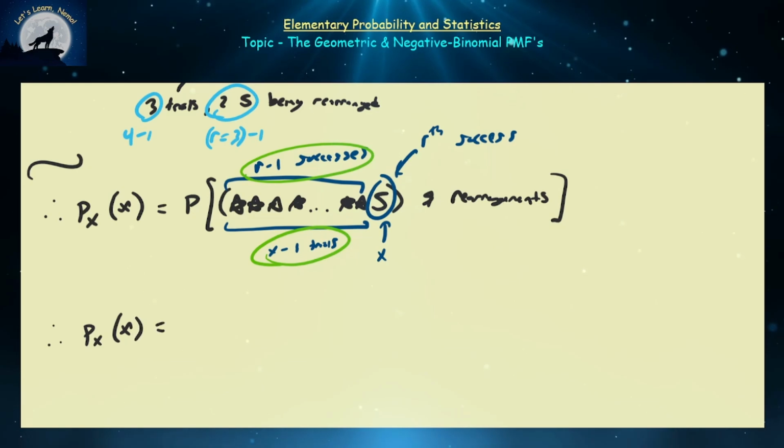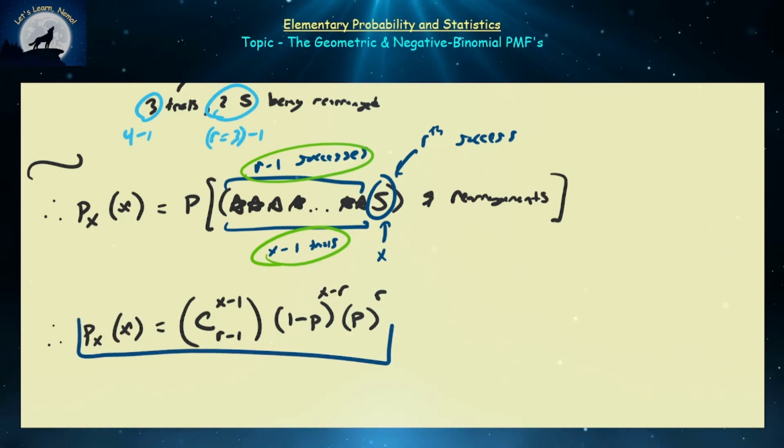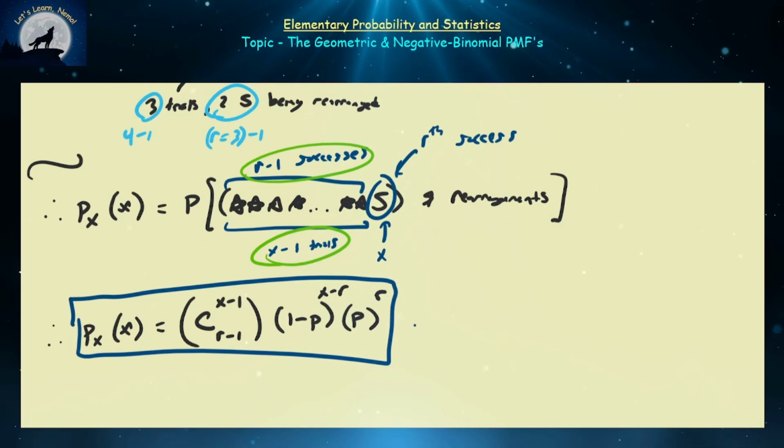So we're going to have the C. How many trials are being rearranged? That's going to be x minus 1. How many successes within them? That's going to be r minus 1. Overall, how many successes and failures do we have? We're going to have our successes, and since we have x trials, we're going to have x minus r failures in that sequence. So this is going to be our probability mass function, which is known as the negative binomial